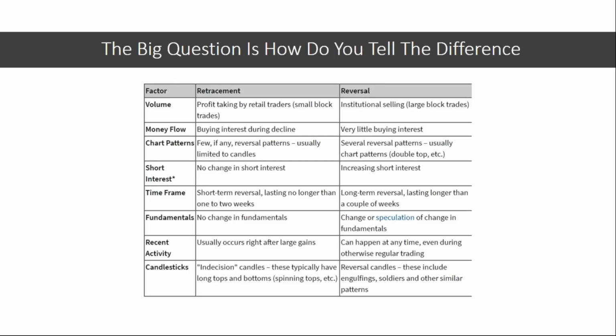How long do you expect a reversal when you've entered the euro this morning and you want to be out by the end of the day? You're a day trader, or you want to be out within 2 days or within 3 days. So you have to figure out how long you would allow this dip before it's confirmed a reversal. Also, it's very important, when you have a retracement, there is no change in the fundamentals. Means there are no news headlines that came out, and there are no economic reports. It's just the buyers easing back, or the sellers, depending on which way you're going, easing out of the market.